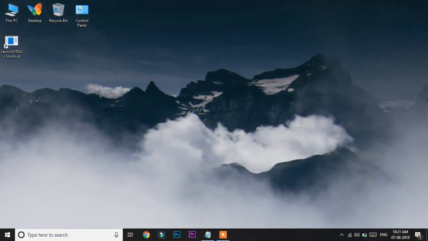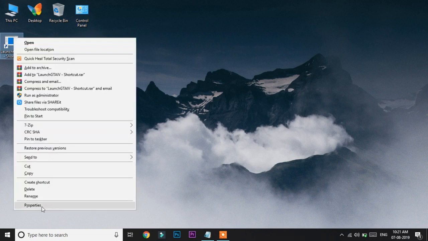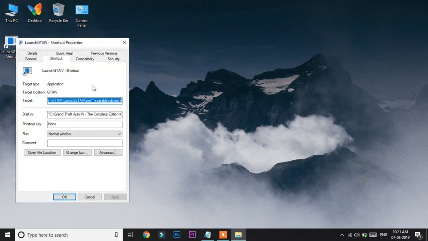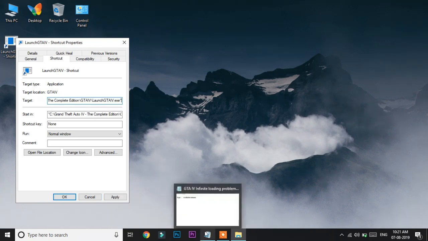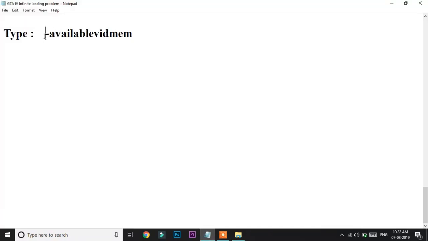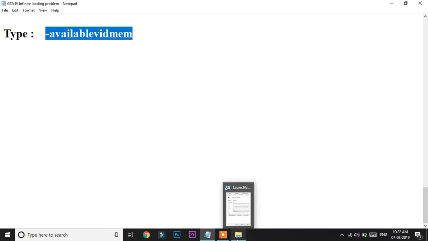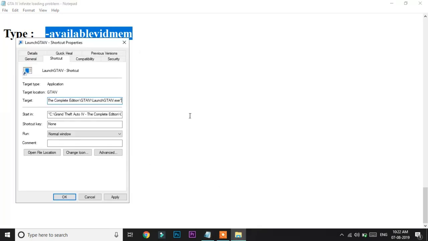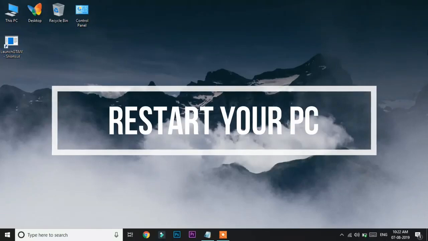So for method 3, you again have to go to the properties of the shortcut that you have created before. Just right click on it and click on properties. Once you go there, in the target folder, you again have to delete what you have typed before, and just copy the third text which I am saying, which is available with MEM. Just copy it from the description and paste it into the target folder. Make sure to give a space or else it will show an error. Just give it a space and paste it over there. Now just hit apply and click OK, and that must solve the error. And if it doesn't, don't worry, method 4 is always there.